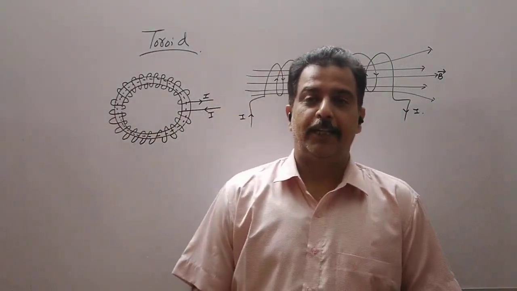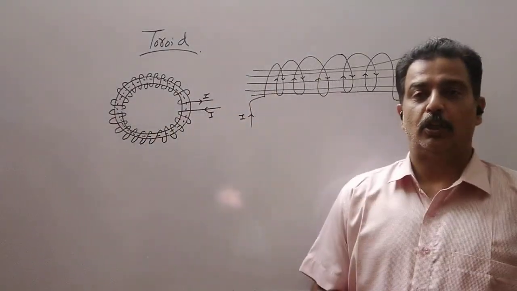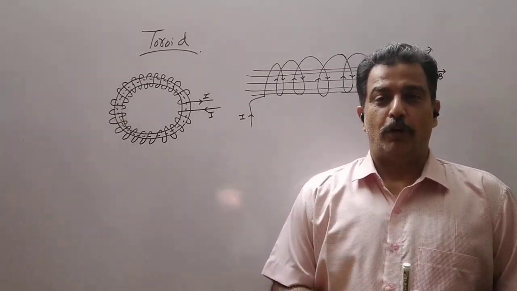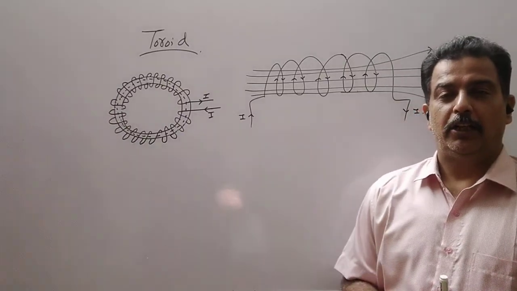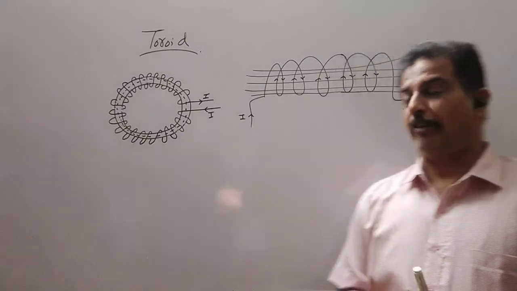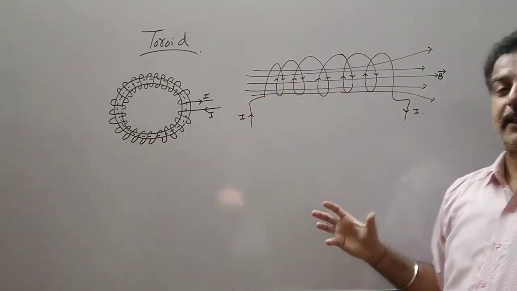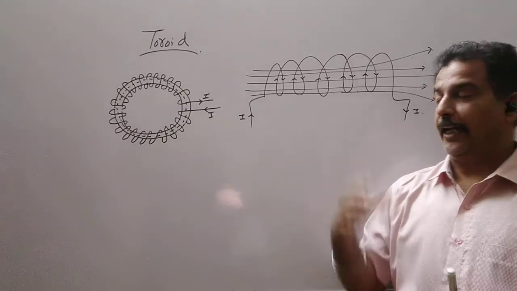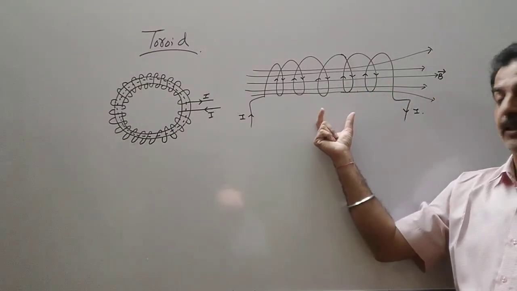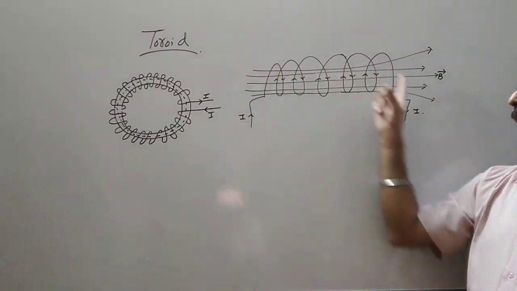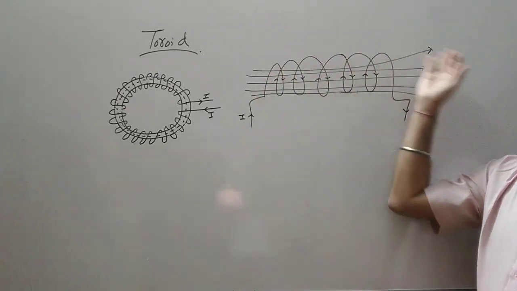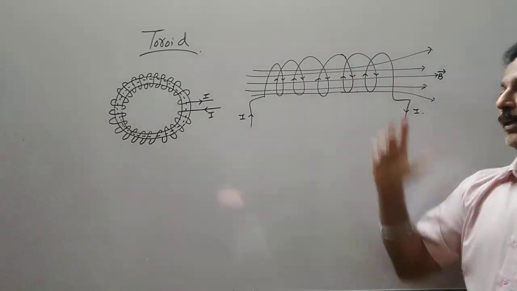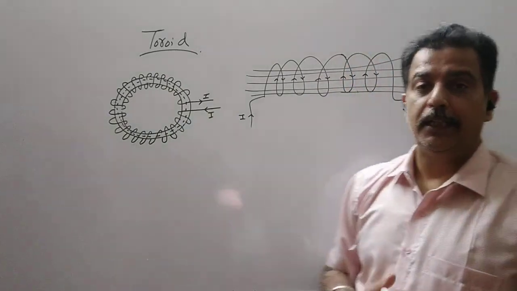Hello students, in the last lecture we did solenoid. Now what was solenoid? The solenoid was formed when we wind a large number of turns of a wire on a non-conducting base and we give it the shape of a helical spring. When we passed a current through it, we found that for a very long solenoid the magnetic field intensity inside was uniform and outside we assumed it to be zero.